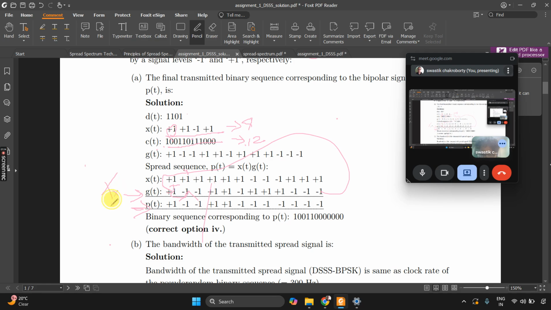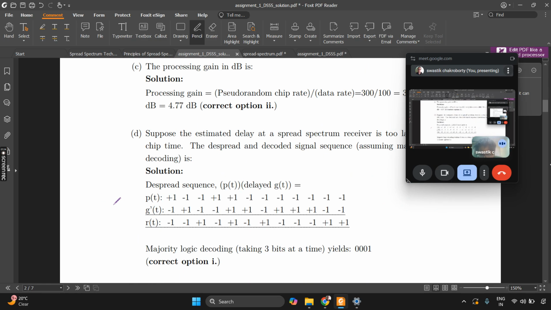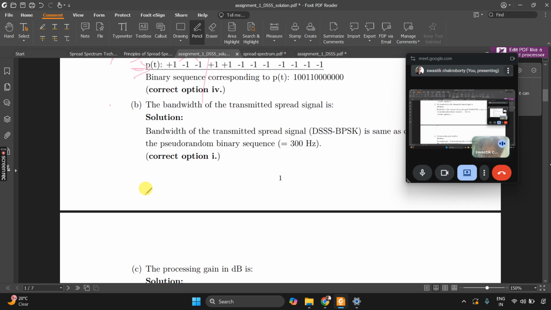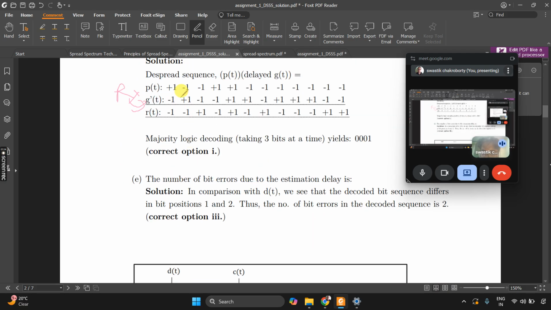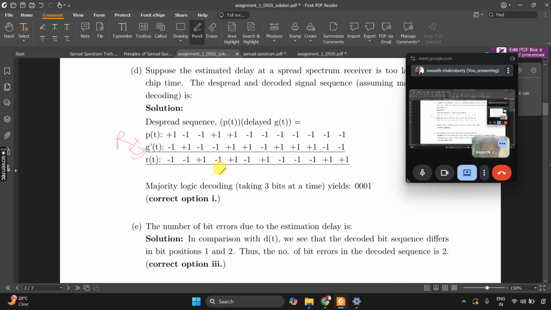This is already done, but the delayed GT is sitting at the receiver. There is no delay in the transmitter, of course. So when you multiply the already spreaded sequence, that is PT, with this sequence,